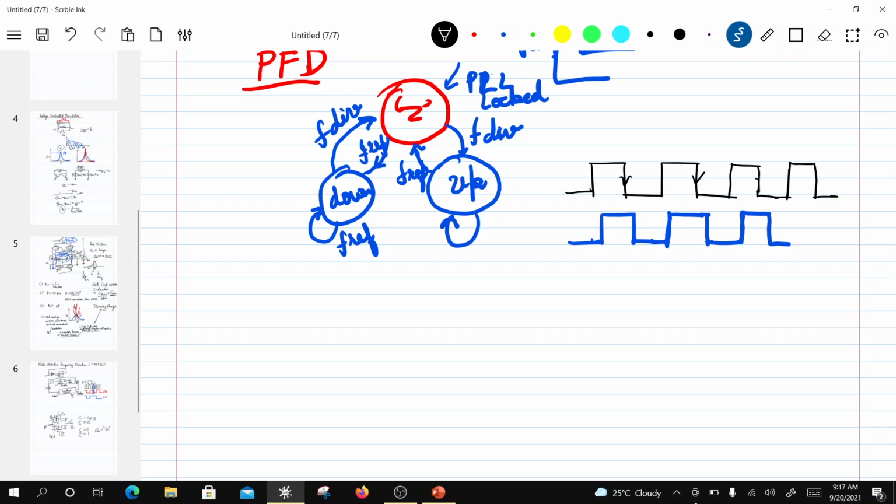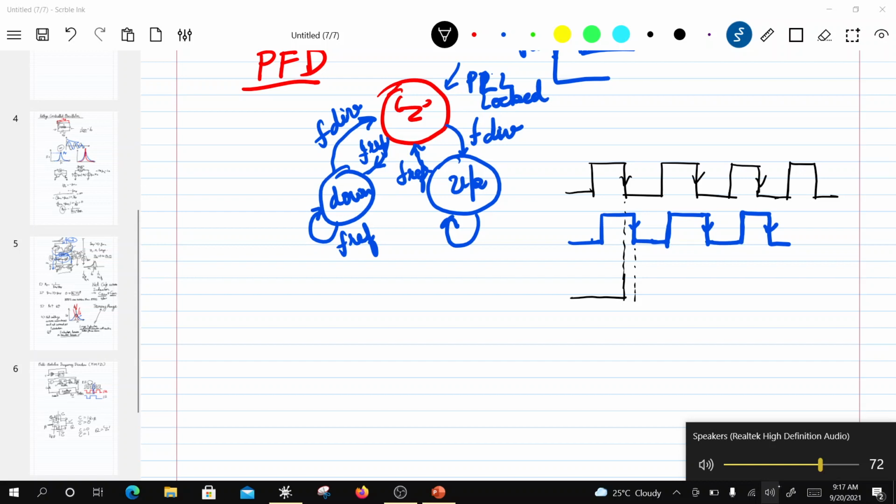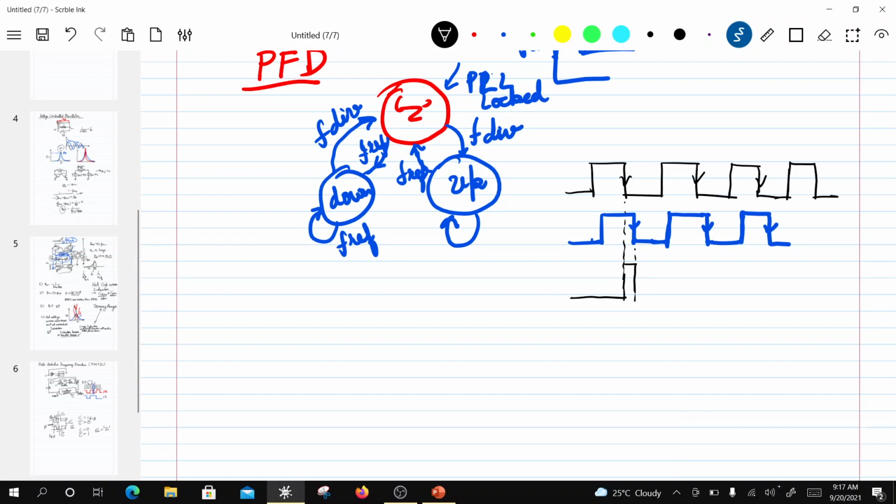Okay, and I have this falling edge, and compared to this, my FDIV falling edge comes later on, right? And then what's going to happen is, for this region, FREF is coming first, right? So I have to put a down pulse. So in this case, for this region, I have a down pulse,